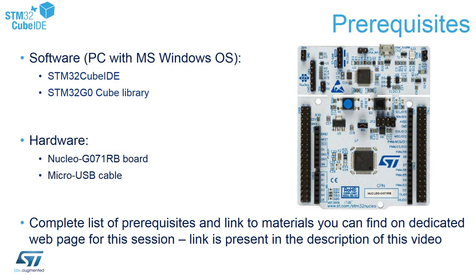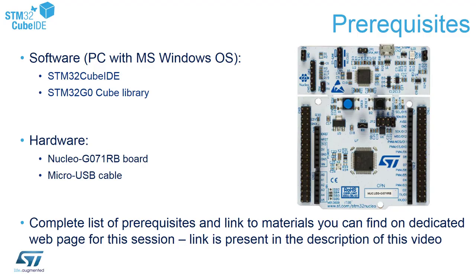Let's talk about the prerequisites for this session. The first and most important one is, of course, a PC with pre-installed STM32CubeIDE software and the STM32G0 Cube library. We have selected the STM32G071RB microcontroller to practice during this session. This is why this library is key to allow us to generate the code and prepare a set of